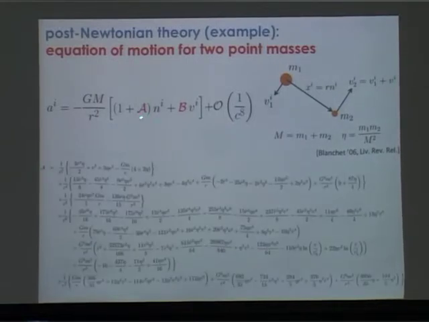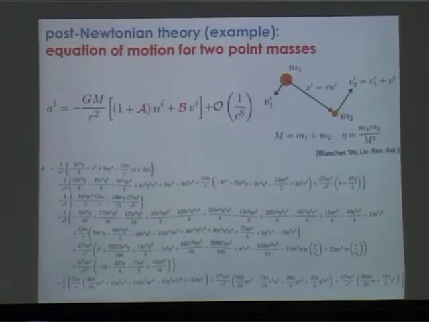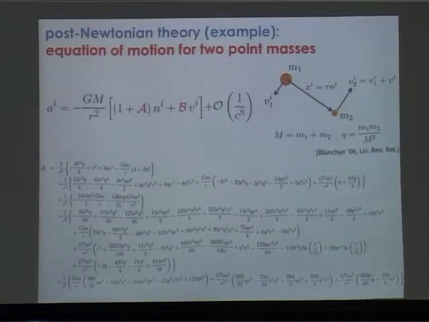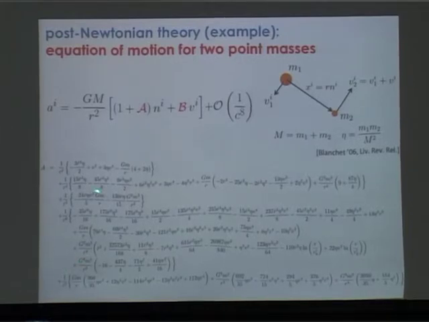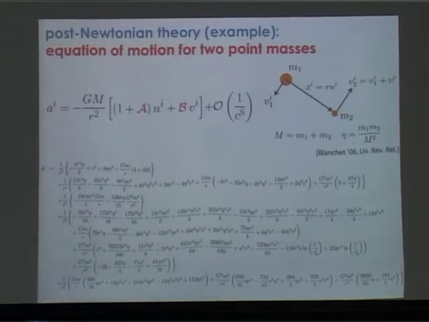And then what this thing looks like is just some gigantic mess. You basically have some big expansion, okay, where you can explicitly see the various post-Newtonian orders that enter, right? So for example, this 1 over c squared, that's the first post-Newtonian result. The 1 over c to the fourth is the second post-Newtonian result. The 1 over c to the fifth is the 2.5 pn result, where you first start to get radiation reaction